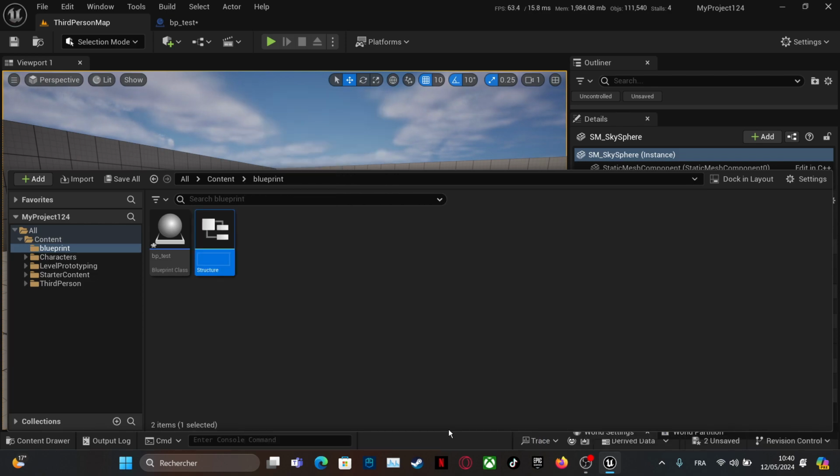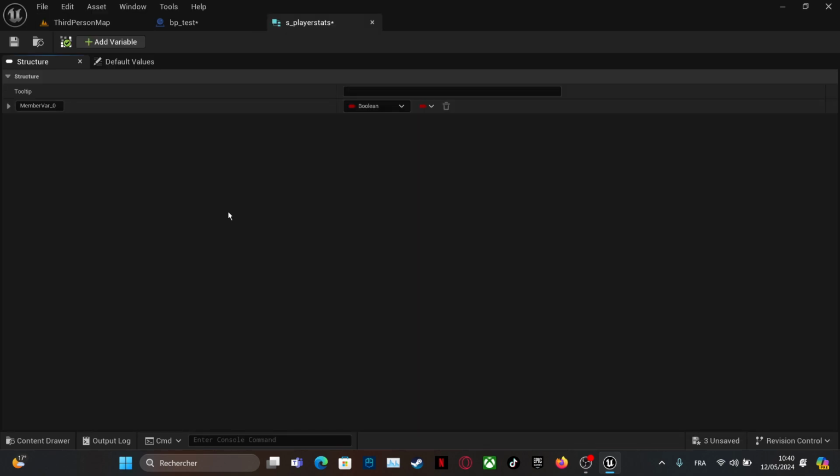We have here structure. Rename it as underscore player state. We open our structure. As you can see, a structure is, for simplifying things, you can say a list of variables.